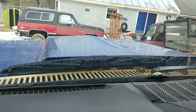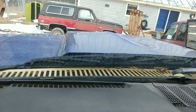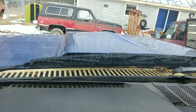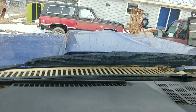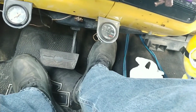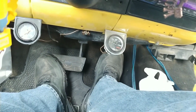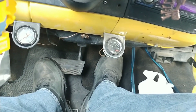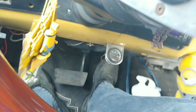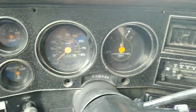Shaking. I think it's missing a little bit. This thing is a lot of work to drive. You gotta feather the gas, you gotta